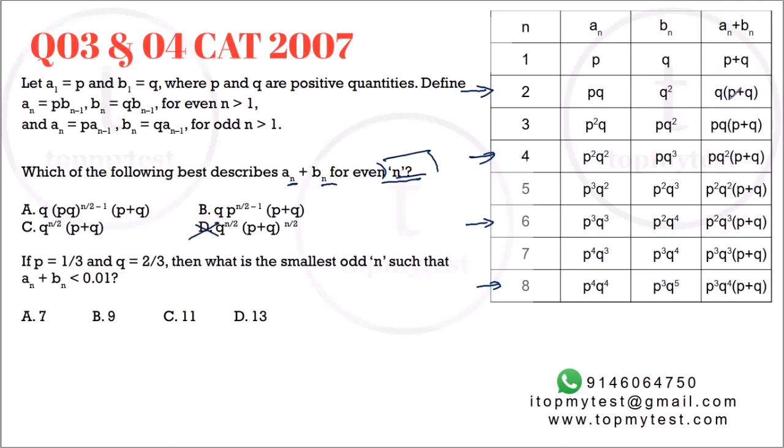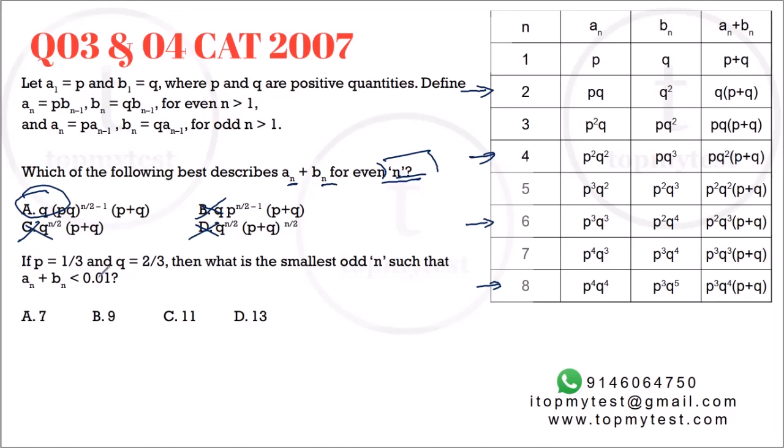Right. The second thing which you notice is q has a higher power than p. It has 1 power more than p. So this is q to the power 1, p to the power 0, q to the power 2, p to the power 1, q to the power 3, p to the power 2, q to the power 4, p to the power 3. Right. So this does not have a p term at all. This will not satisfy because for n is equal to 4, p's power will be higher than q's power. This is out. So this is the best option. Option A is your correct choice.